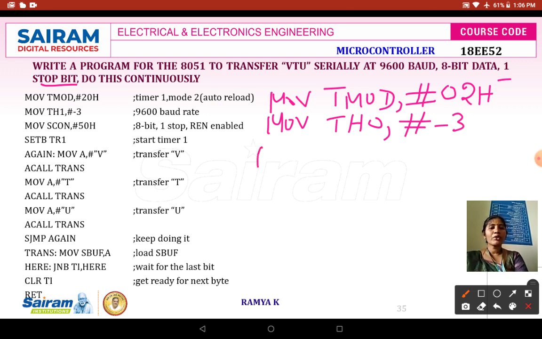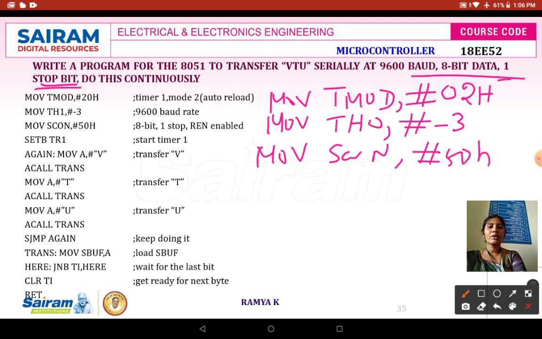Then I have to load my serial control register: MOV SCON, #50H, because of the mode of data transfer and the requirement of the stop bit.